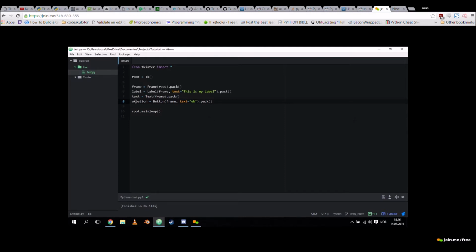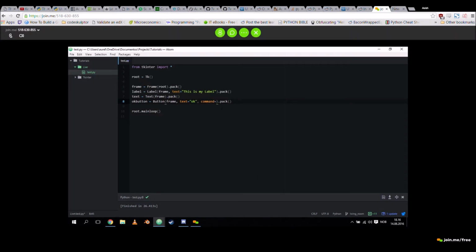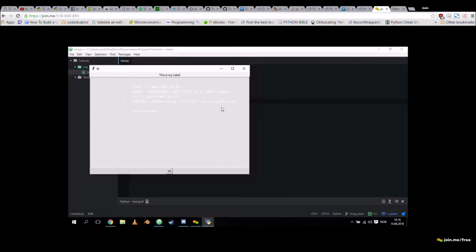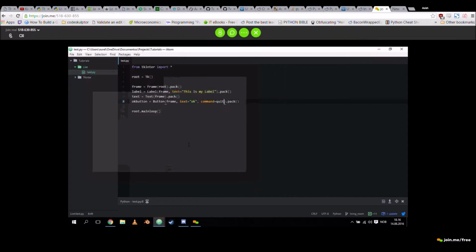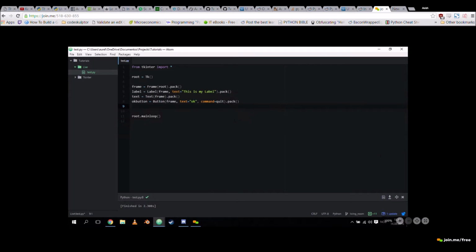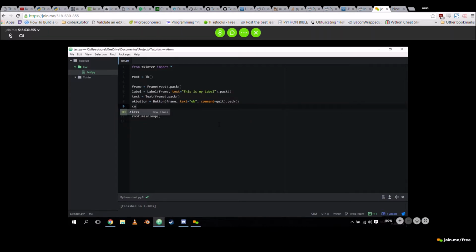If we want the button to do something, we simply add a command. So quit, I believe, yes. Quit is a built-in command that quits the program. Not much more exciting than that. Why don't we add a cancel button that does that for us?